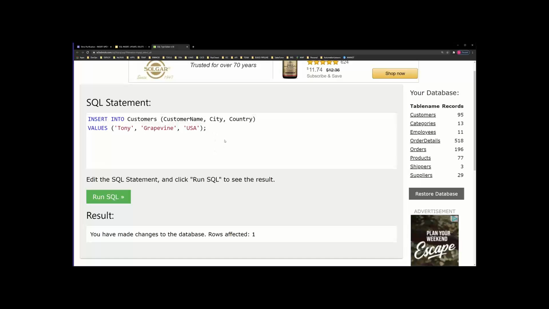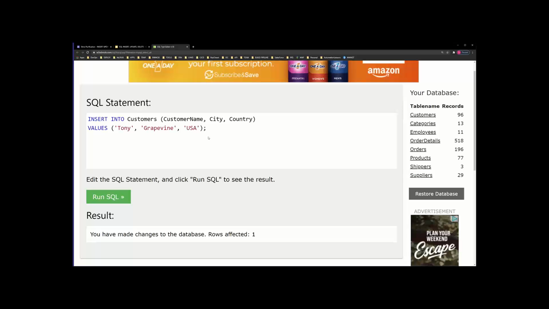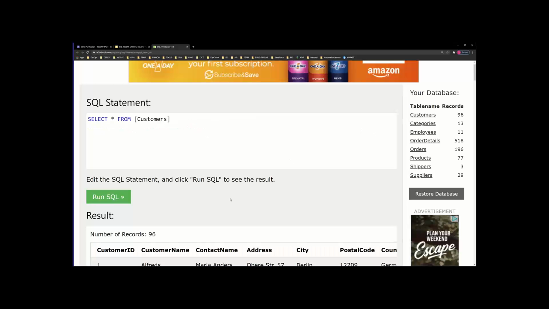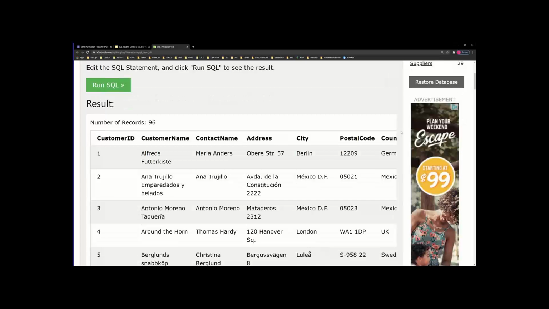Don't make yourself feel like, oh, I'm making so many mistakes. Why does it take me so long? Maybe I'm not good at it. Don't. I don't think I've seen anybody in the industry that amazingly good that would type up stuff on the spot and without any errors. No, it doesn't happen. Anyway, one row affected, and if we look into customers, it's gonna be all the way